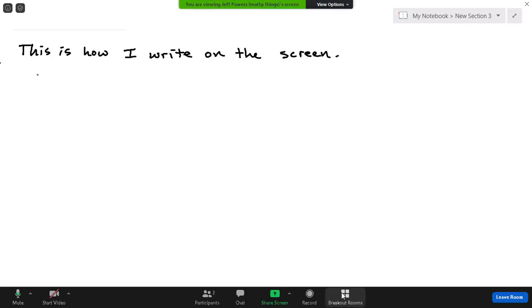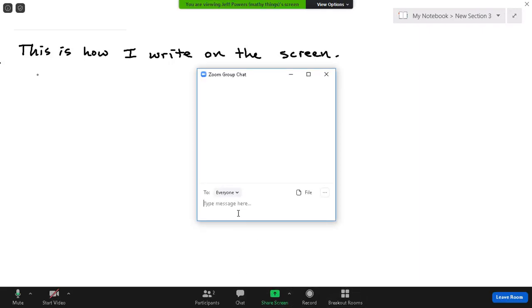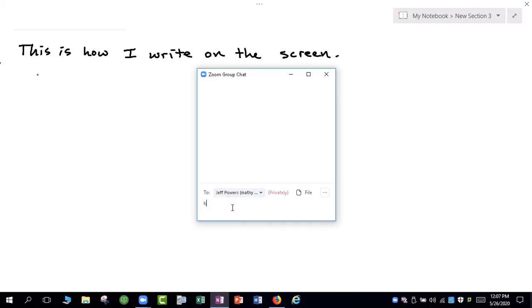We can also turn our webcams on and hold assignments up to webcams, to be able to see each other. There's also a chat feature where I could pick Jeff Powers and talk over the chat if I wanted to. There's a lot of ways to share information back and forth here. It's not that dissimilar from really being able to tutor side by side in the tutorial lab.